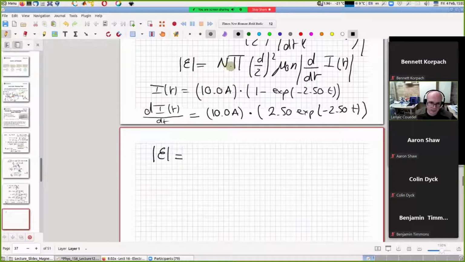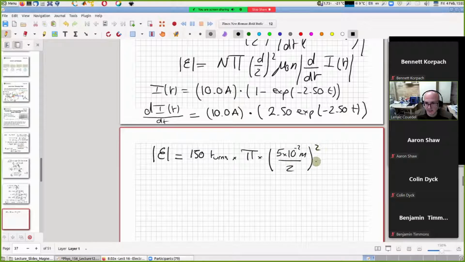So n equals 150 turns times pi times 5 10 to the minus 2 meter divided by 2, squared, times 4 pi times 10 to the minus 7 Tesla meter divided by amps, that is mu 0, times 1000 turns per meter times 10 amps times